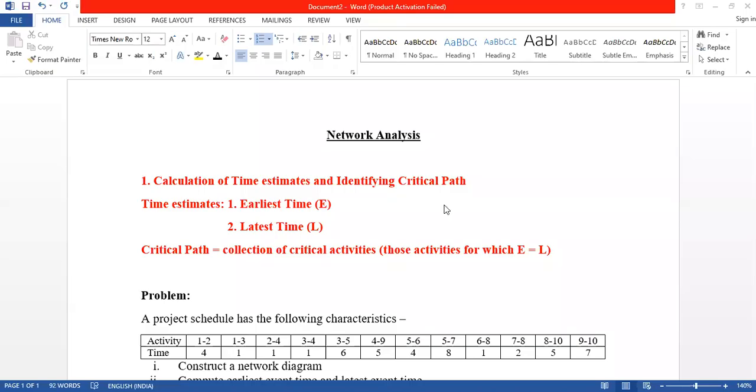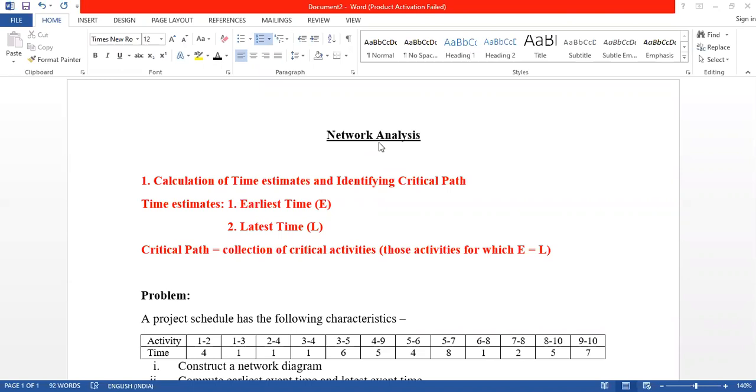Right. Today's session is on network analysis. In our last lecture on network analysis, we discussed how to draw networks. We even discussed that network diagrams are the fundamental step of any project plan. So, moving a little further, once you have drawn your diagram, you are